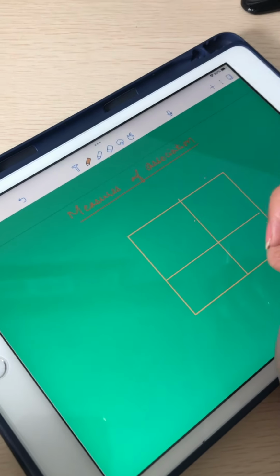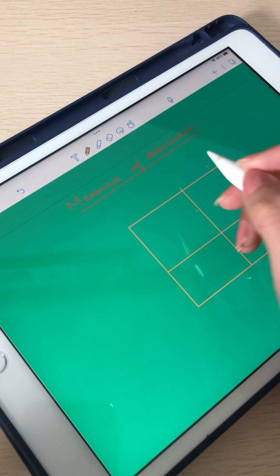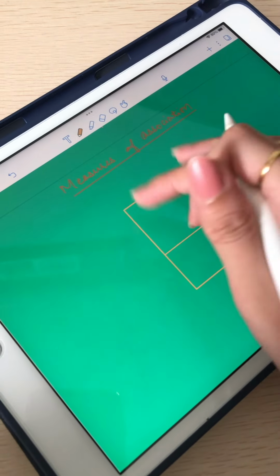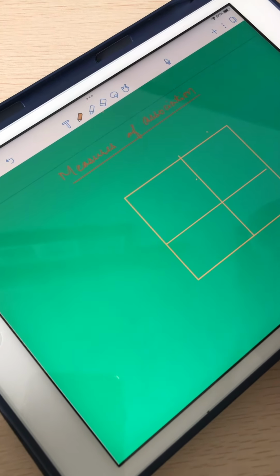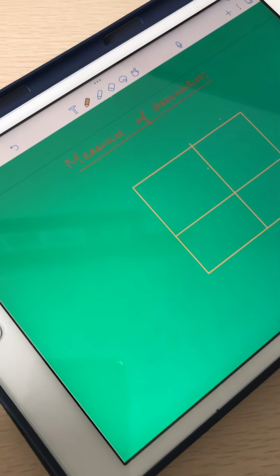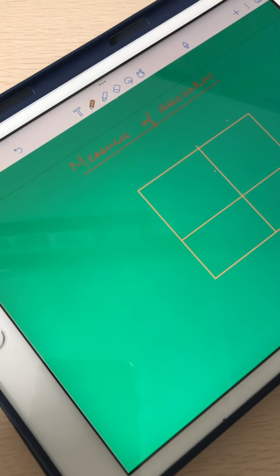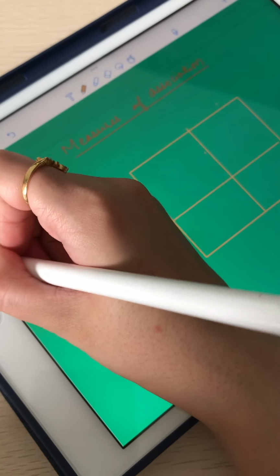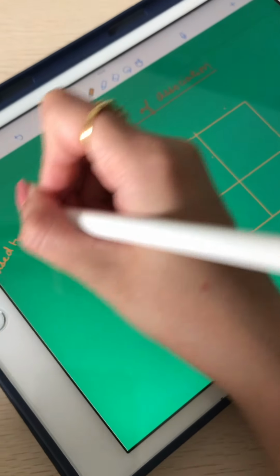Hello everyone, we will be studying about the measures of association. So here we have drawn a 2 by 2 chart. We will be studying about the measures of association in this. This means measures of association is used to